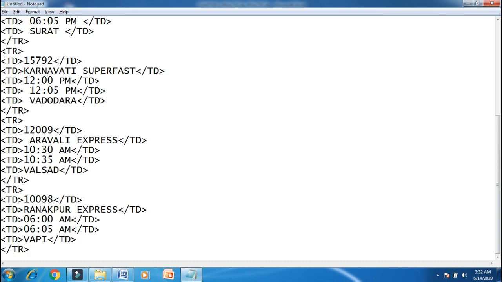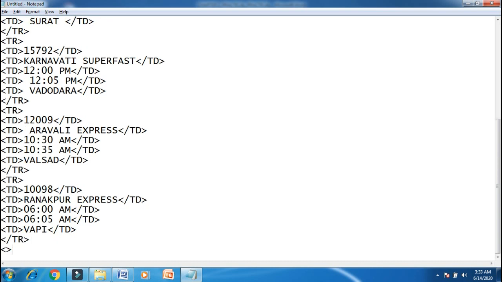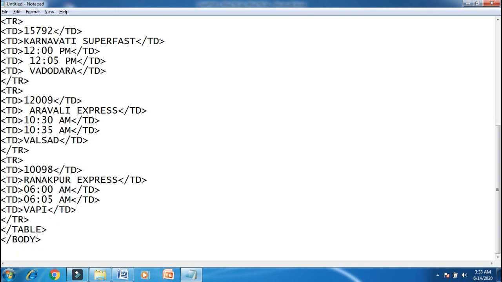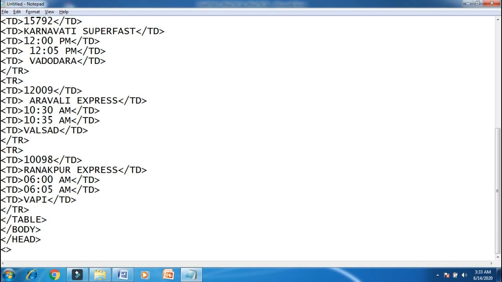So here your rows are completed, but the table tag is not closed yet. So first close the table tag, then close the body tag, then close the head tag, then close the HTML tag.